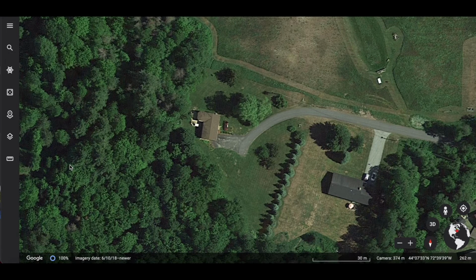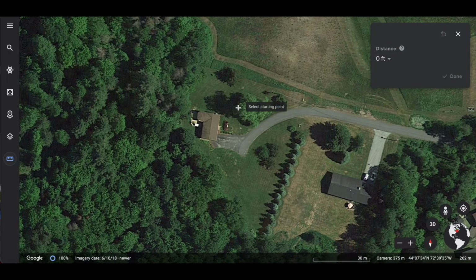You just go on the Google Earth website, and then once you get to a property that you need to price out, you go over here to the left column, and this is a measuring tool. So you measure the distance, and now you have this marker right here. So you can see this is the tree line right here. So I'm probably just going to mark it here. I'm going to go along. This is another tree line, so the yard ends right there.